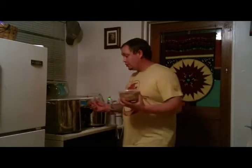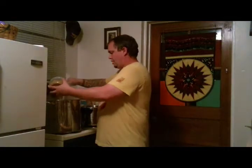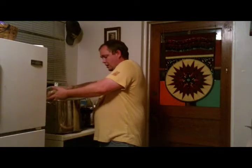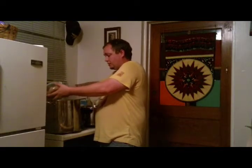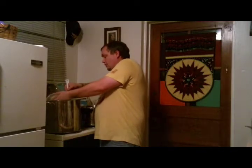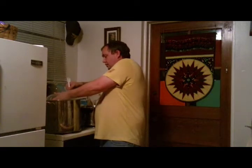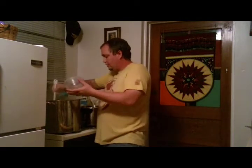Our wort's now at a boil, so we're going to go ahead and add the rest of our fermentables. For this, we're going to be using first a pound of light brown sugar. When you add this stuff, try and add it as slowly as you can while you're stirring. Make sure that's getting dissolved as quickly as possible and not resting on the bottom of your pan. Particularly if you're using a real thin bottom pan like I have here, your sugars can scorch to the bottom,